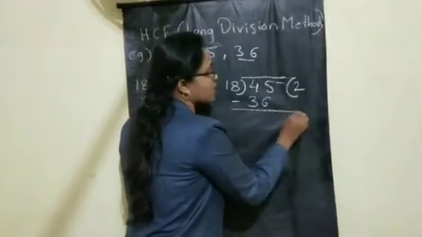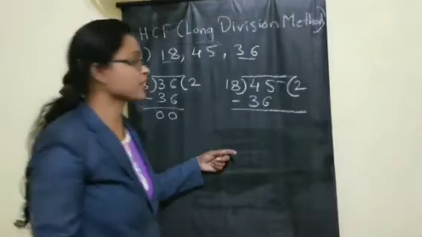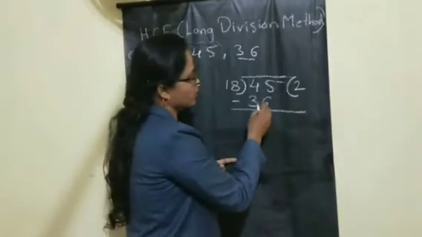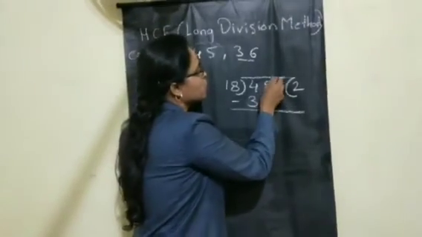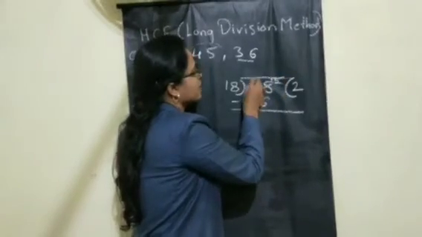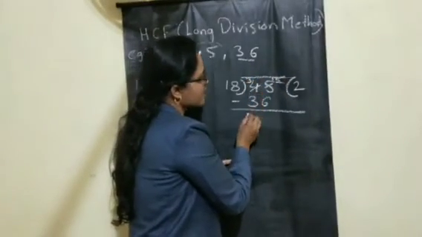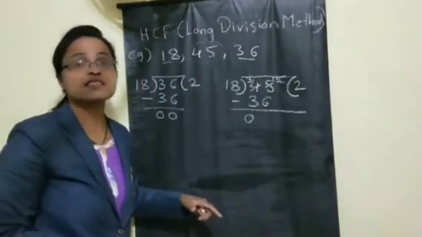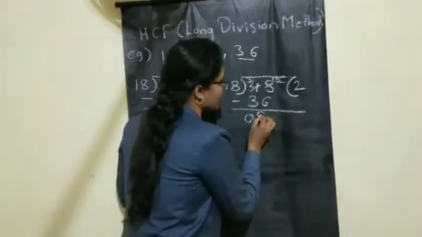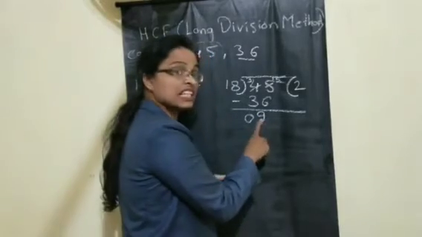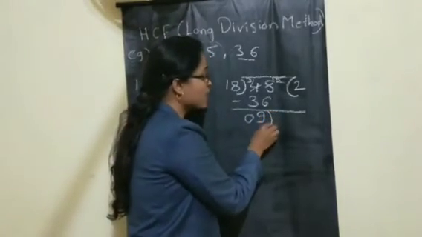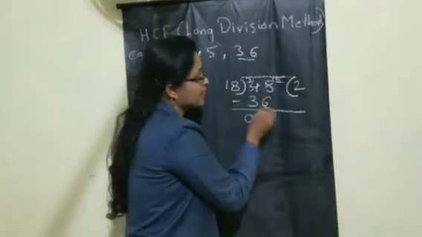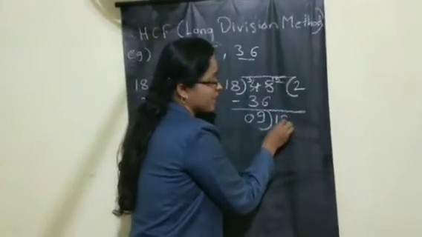Because 18 times 3 is 54, that is a bigger number, we cannot take it. Now let us do the subtraction. 6 minus 5, can you do it? No. Then borrow and make it 15, and 3 is left here. 3 minus 3 is 0. Now 15 minus 6, how much, children? 9. So 9 we write here as our new divisor, and the old divisor 18 is now our new dividend.